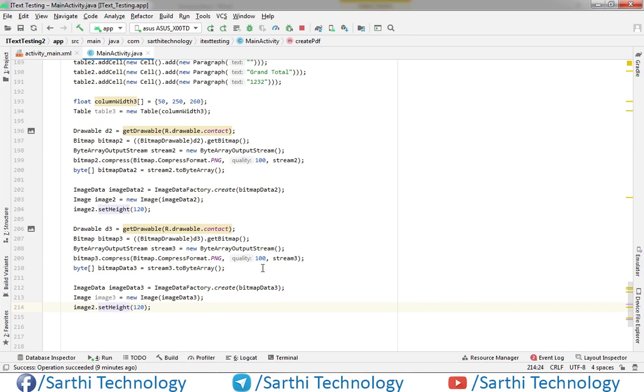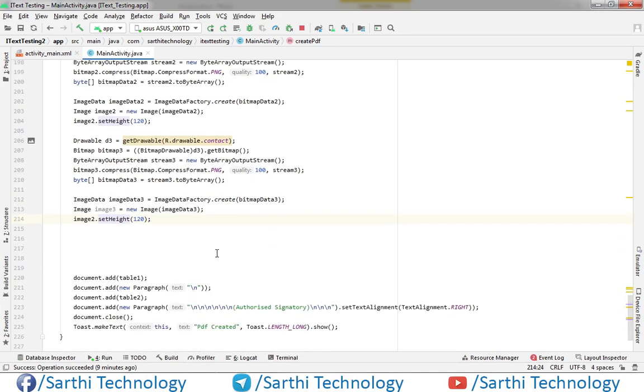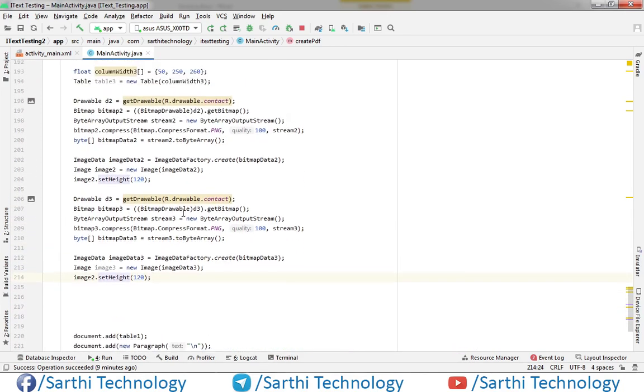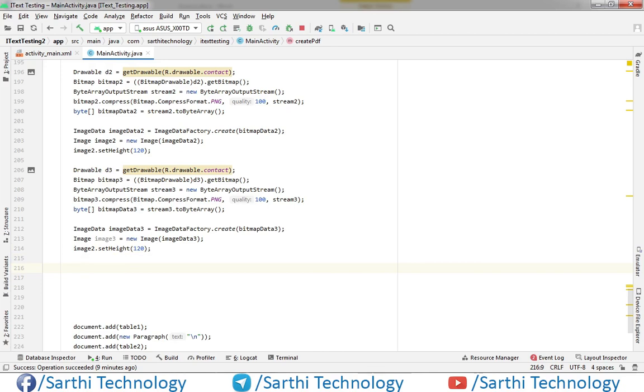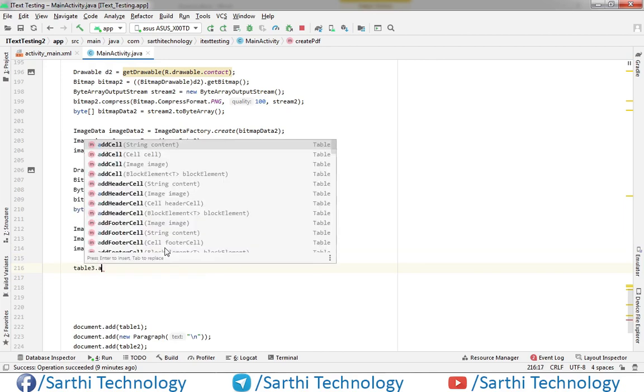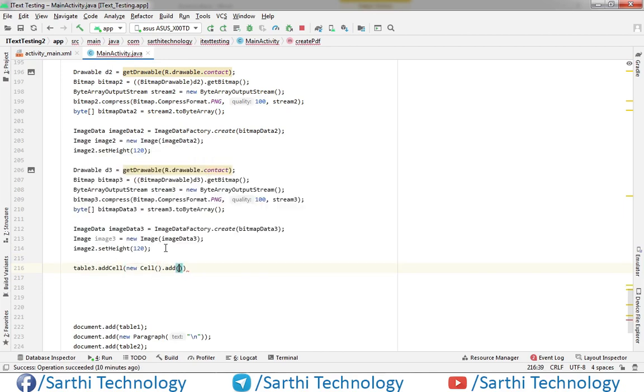So now let's create table cells. Okay, so use this table 3, semicolon, just copy this and paste 5 times.